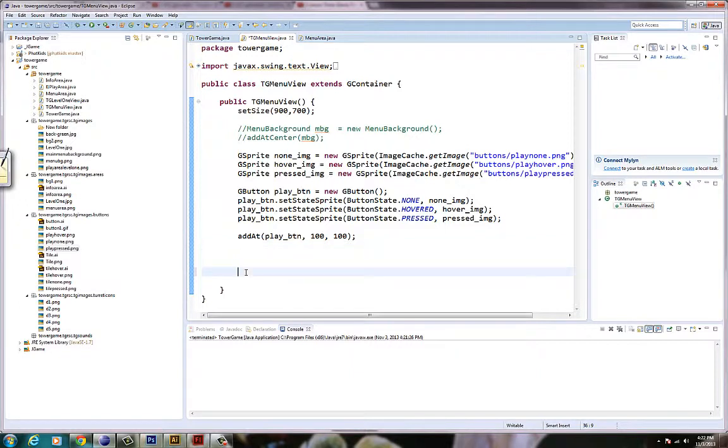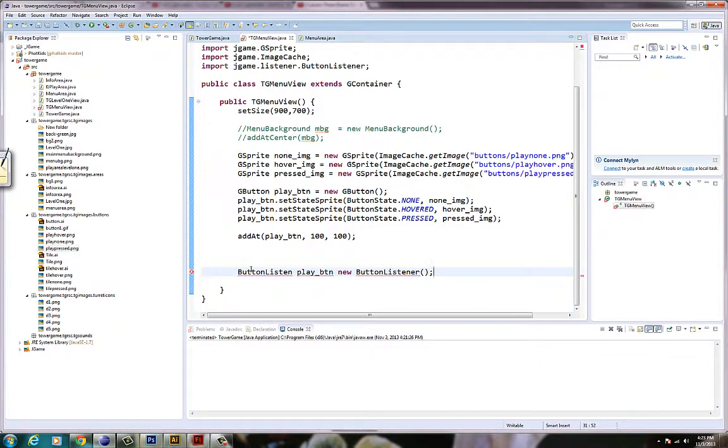The one other thing that I really should do in this lesson, though, is I'm going to add a button listener. And so a button listener is going to listen for whatever I tell it to listen for. In this case, I'm going to add a click listener to the play button. So first of all, I have to add it to play_btn. That's what I'm adding the listener to. And it's going to be a new button listener. So it is a class, parentheses. If I say good,